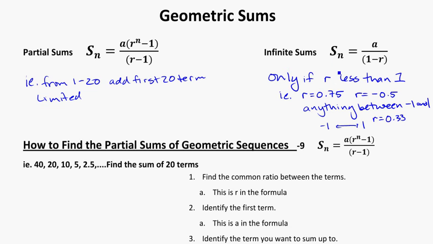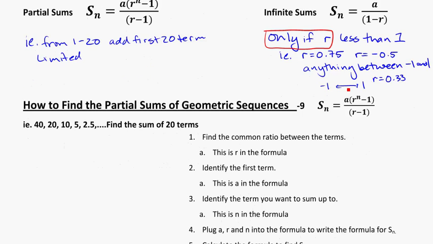So the reason we can do this is because when you have an r that's between negative 1 and 1, the sequence continues to get smaller. You get smaller and smaller and smaller numbers. So those get closer and closer to 0, and adding up a bunch of zeros doesn't change your sum. So the first one we're going to look at is our partial sums. You can do this for anything, even for r's that are small. But keep in mind that you've got a limit here. You can only do an infinite sequence if r is between negative 1 and 1. Okay? So looking at partial geometric sequences,